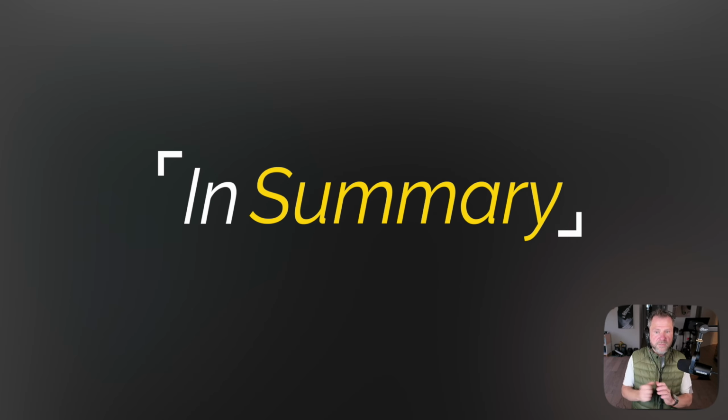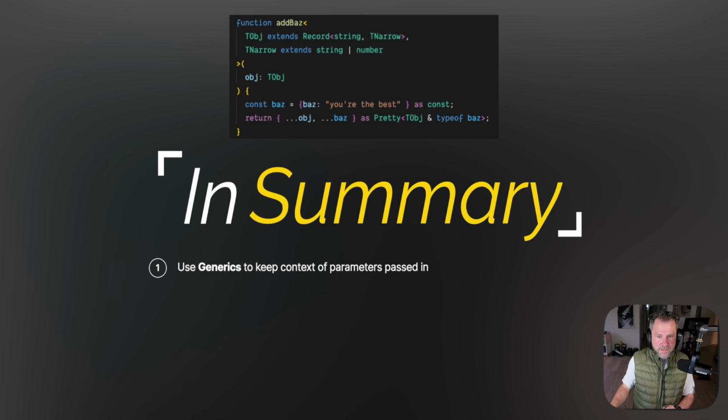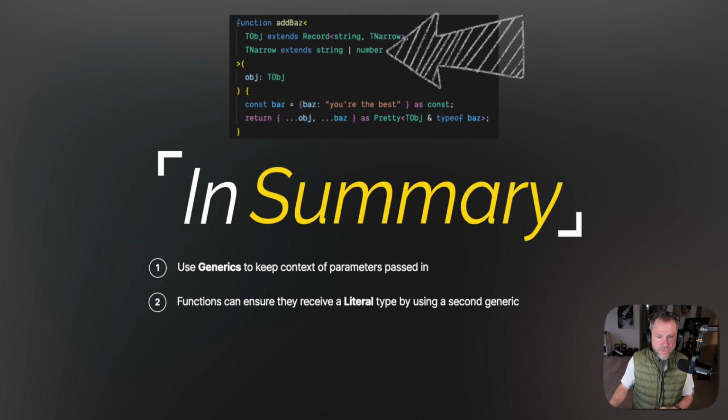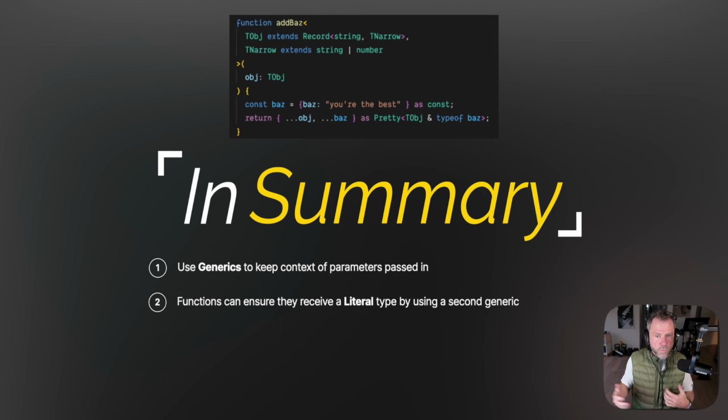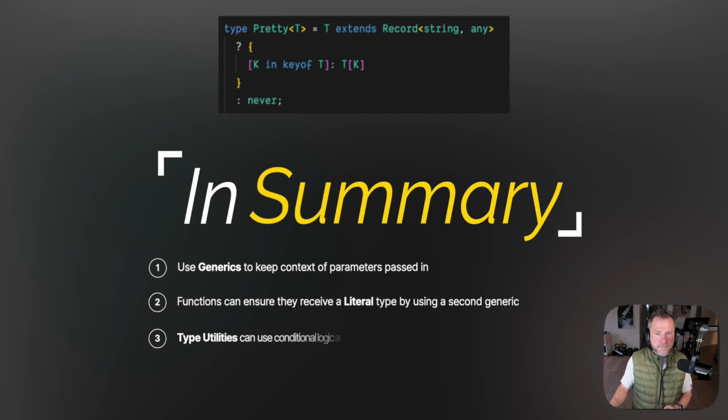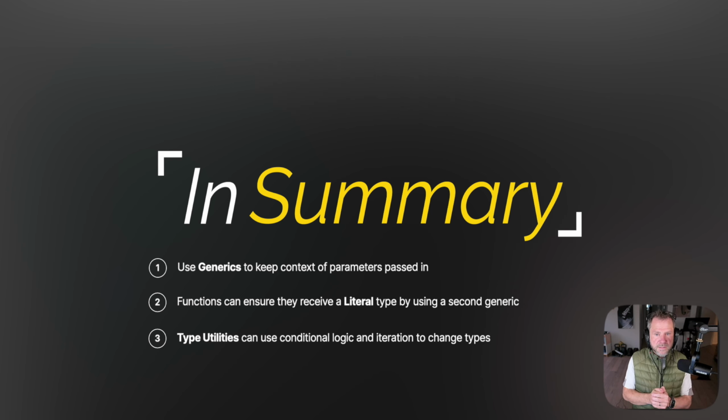So we have now gone through all three areas that we talked about, those being, again, making sure, one, that we don't lose out on these foo-bar variables by using generics. Number two, looking at using a second generic to ensure that we get narrow types rather than the default wide types. And then three, create a little type utility which iterates over each property in the object and gives us a prettier type definition that people will understand without having to look twice.